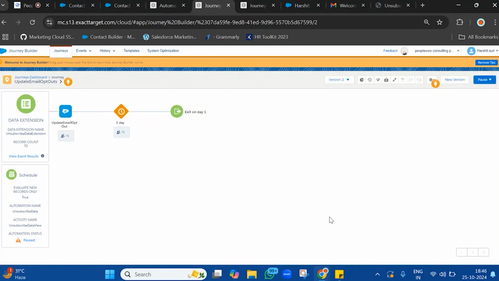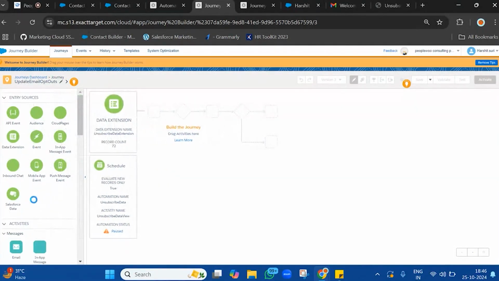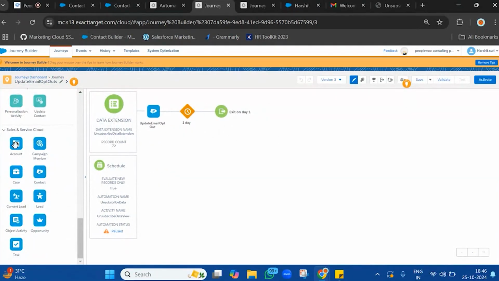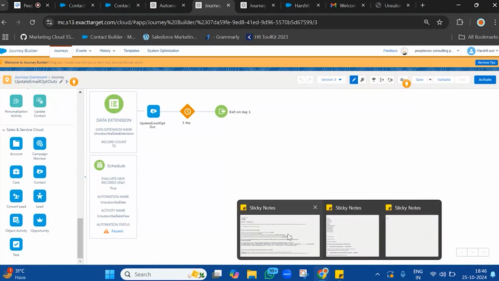We have just updated our object called contact, but you have plenty of other object activities. Like if you want to create a new account, update an account, you want to create a case. Okay, somebody might ask you to create a case. So let's take another example which I am going to tell you now,